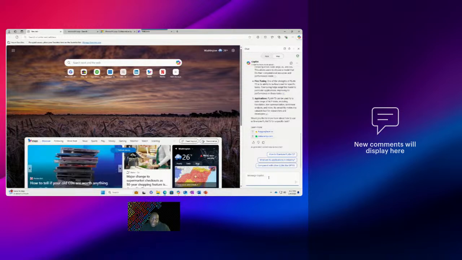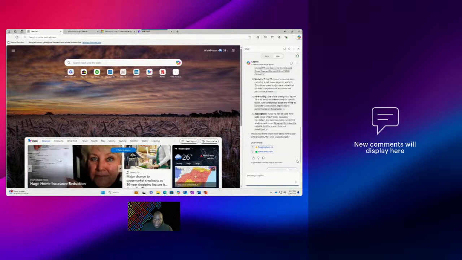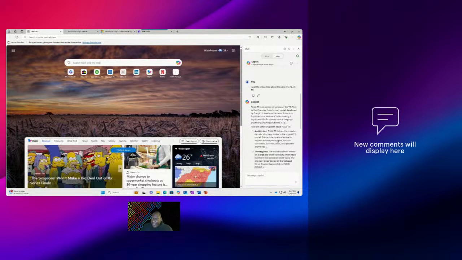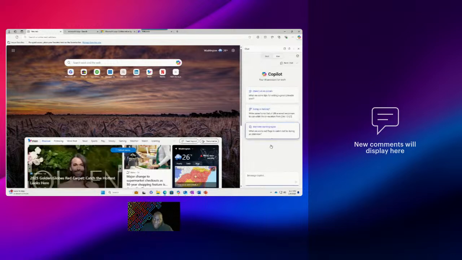Then you can actually tell it to create meeting notes and things like that, and just take it to the next level. Let's see, what else. I think right now it's just pretty much explanatory. The Copilot agent